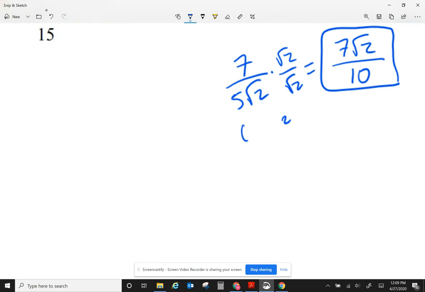Once again, if you have a radical at the bottom, make sure you get rid of the radical sign. The way you get rid of the radical sign is you multiply top and bottom by that radical, in this case radical 2. Now, how do you type that? If you happen to run into a question like that, you type it in as 7 radical 2 over